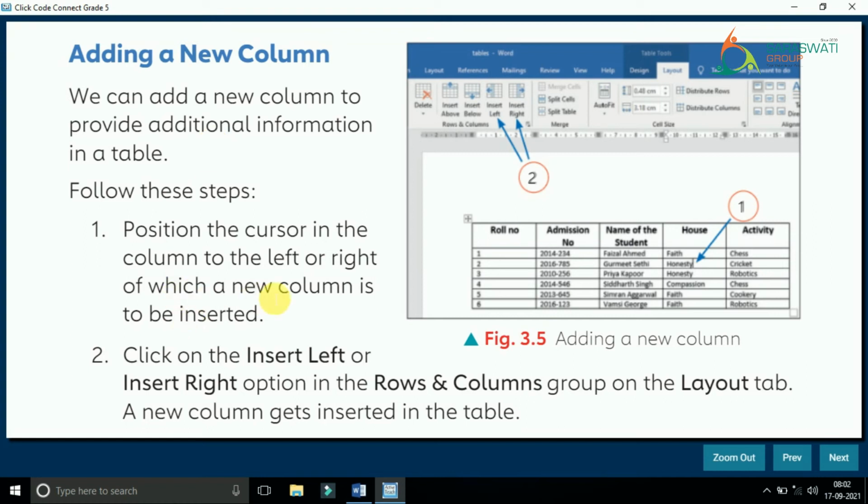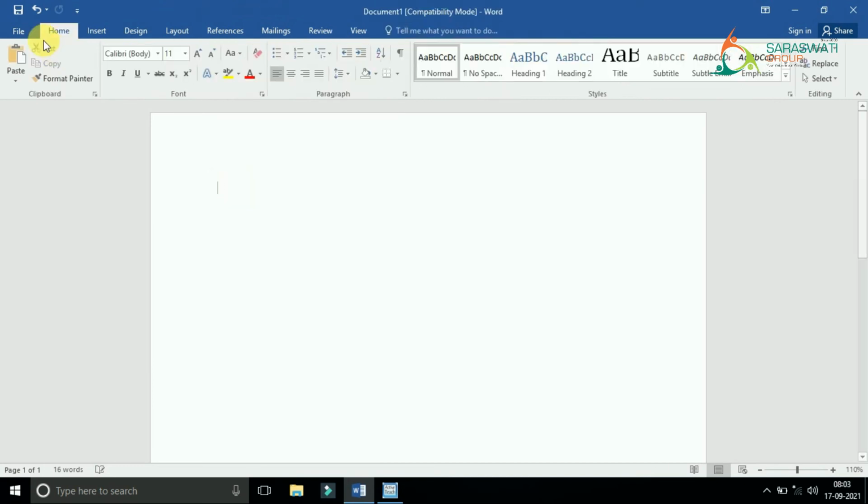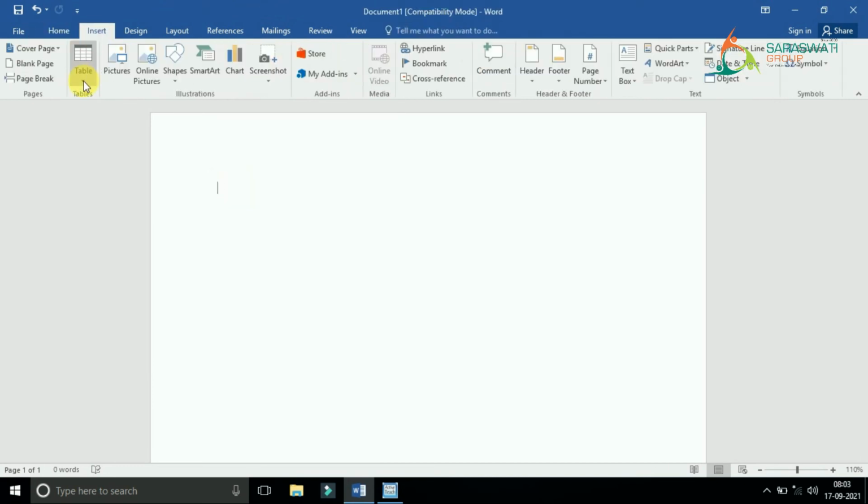In rows, it is up and down, you can insert above or below, but columns means vertical lines, where you can insert on the left side and on the right hand side. Right? For that also, click on the insert left or insert right options in the rows and columns group on the layout tab, and the new column gets inserted in the table. Right? That also we will see practically. So first I will remove this table. Will insert a new table, right?